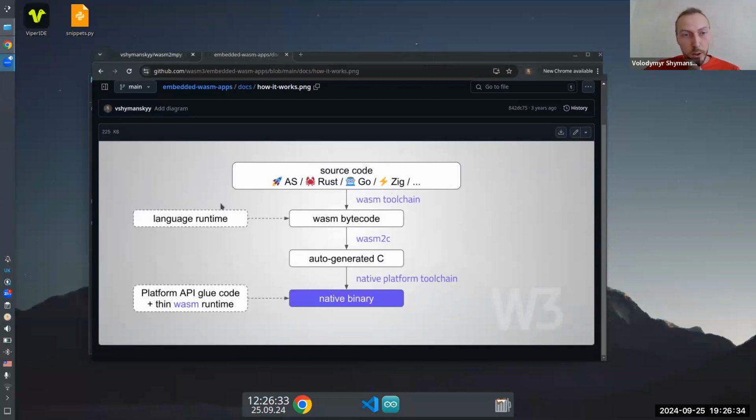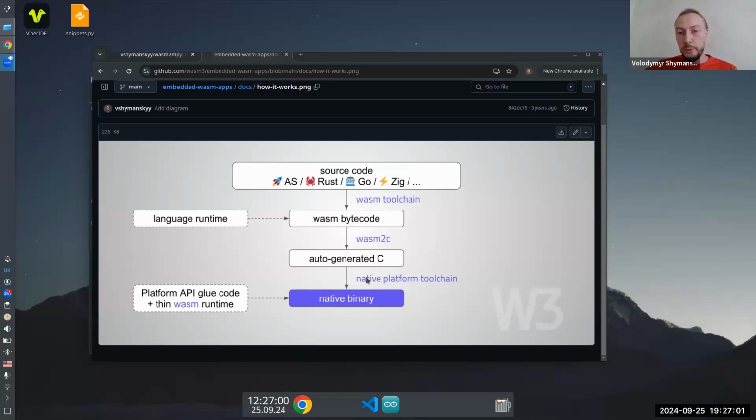Okay, so basically you can take any of the supported languages that can produce WASM bytecode. You use normal WASM toolchains for those languages, and it also typically includes the language runtime inside of the WASM bytecode. Then we can run it through an external utility, which is wasm2c in this case, and we get auto-generated C code.